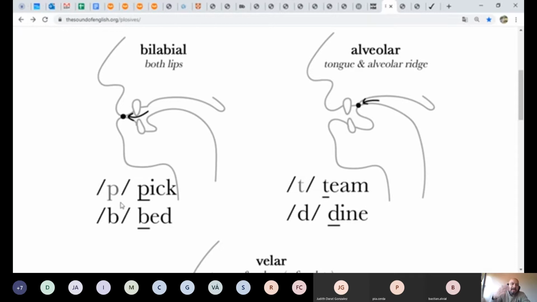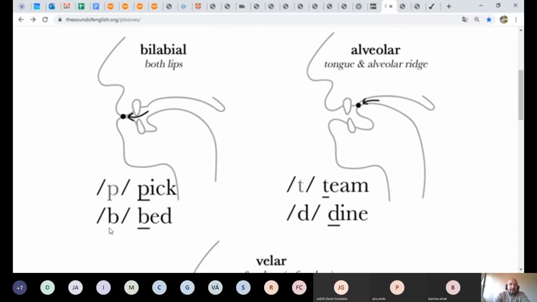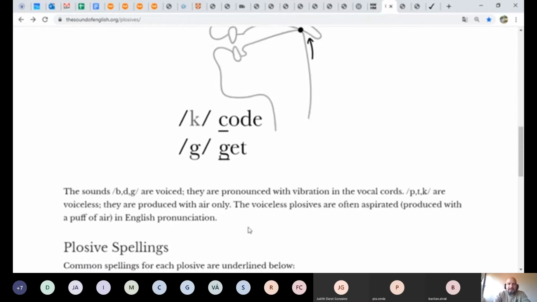Later on we're going to add voicing, so p will become a bilabial plosive voiceless, and b, as in bed, will be considered a bilabial plosive voiced. So that's the idea, to go increasing in terms of how we describe the sounds. Okay,